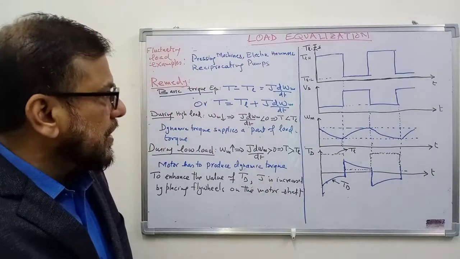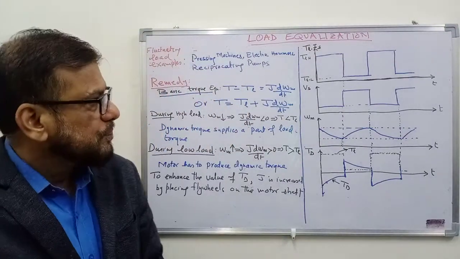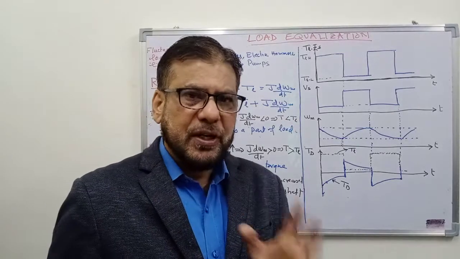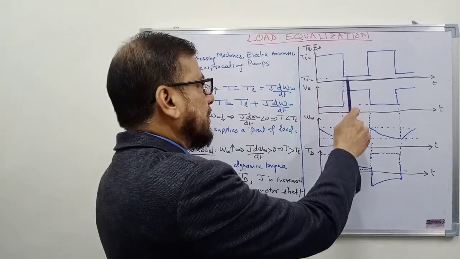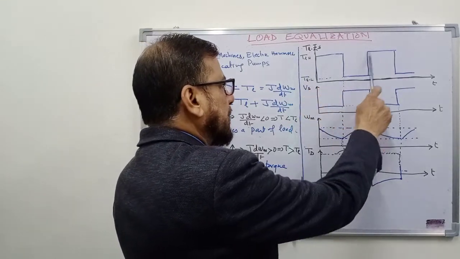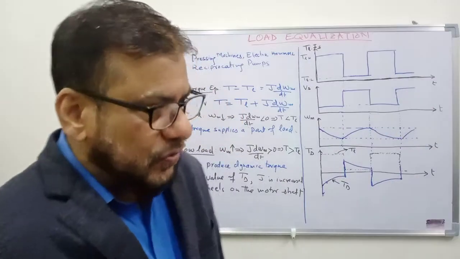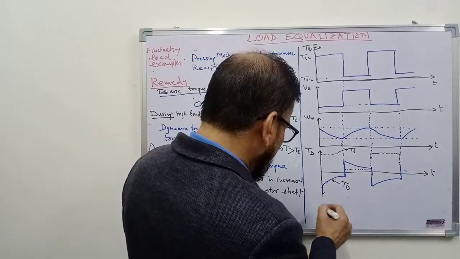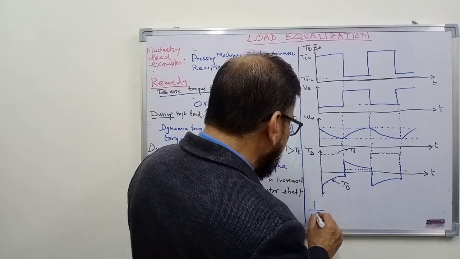Suppose we are using a DC motor to supply the load. So you know that in a DC motor the torque is proportional to the armature current. So the current will also fluctuate in the same way. Source current will also be fluctuating in the same way. And if the source current is like this, and we have, for example, a source voltage like this,